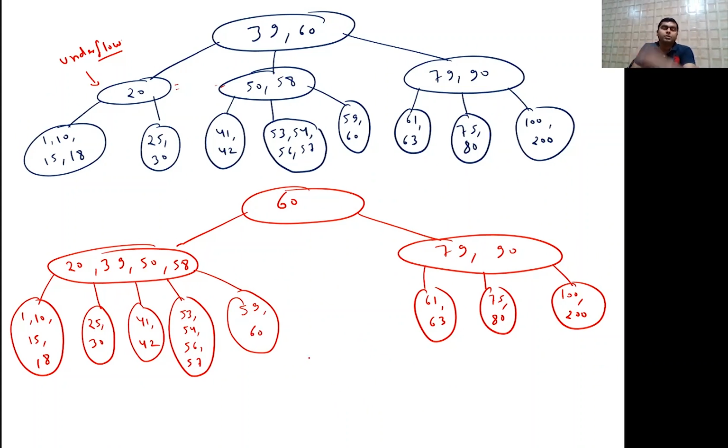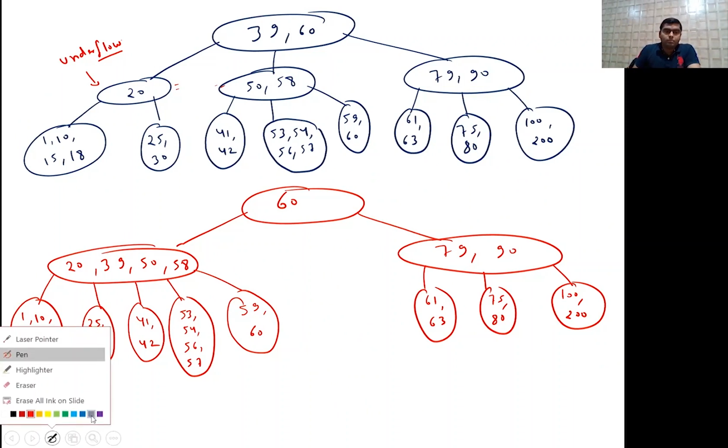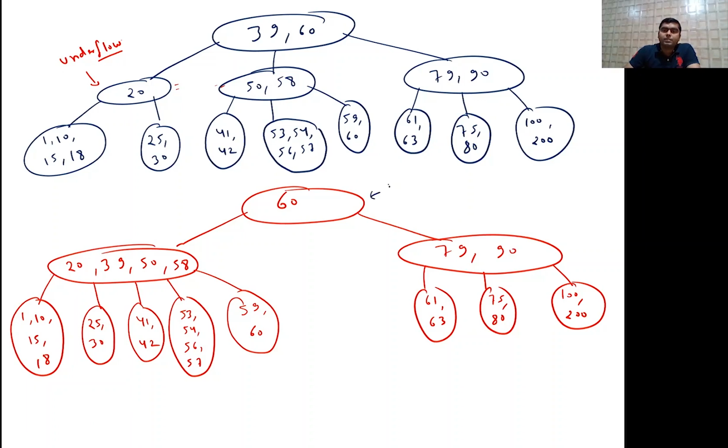Now if you observe, there is no problem, though underflow is there at this node. But it is exceptional, because it is the root node. The root node may contain just one element. At any node, degree is 5, so the maximum number of keys is 4, the minimum property is also satisfied, and the maximum number of children is 5, so it is okay. Now this is correct. This is the deletion part which we covered.